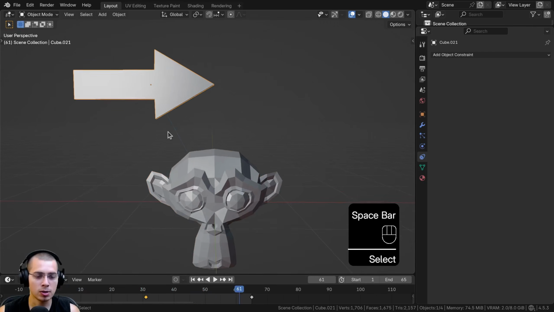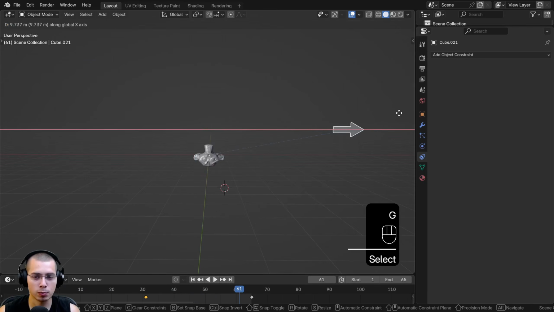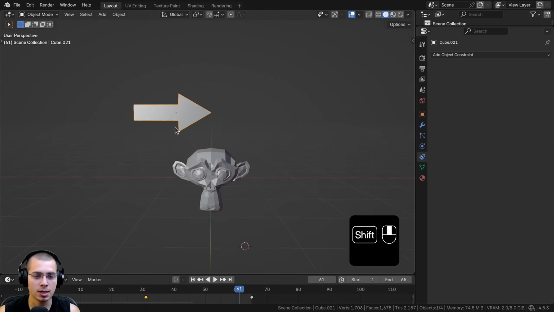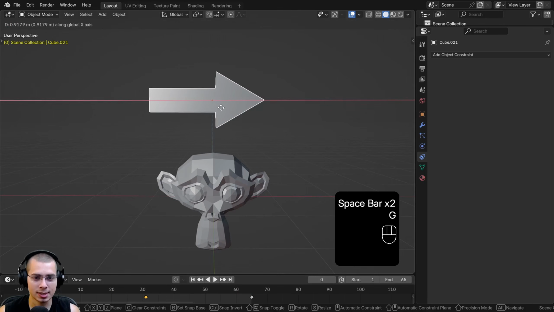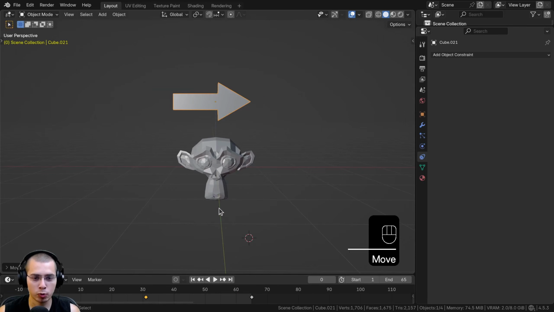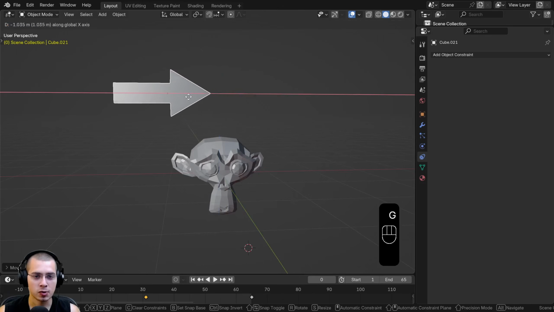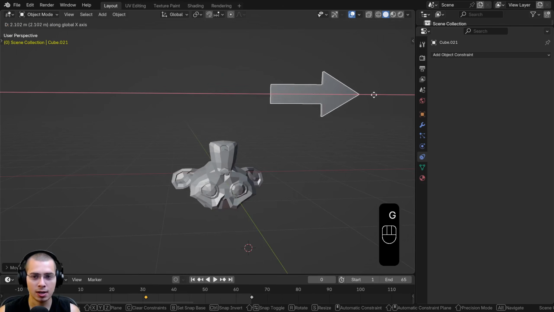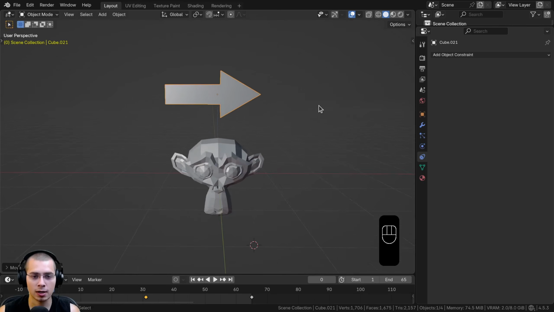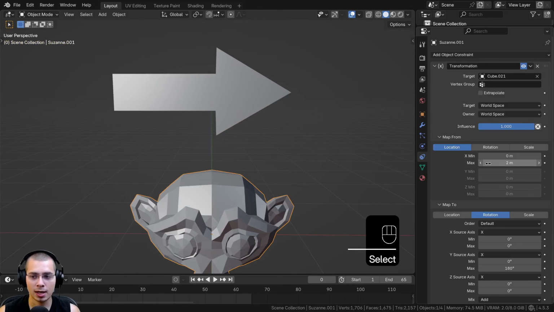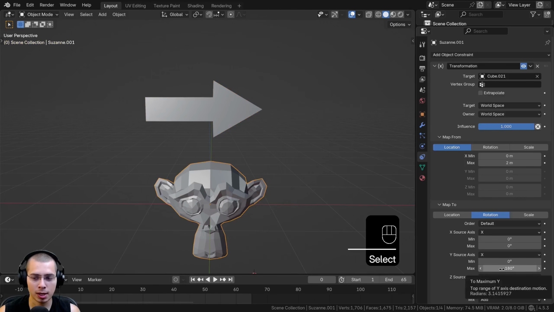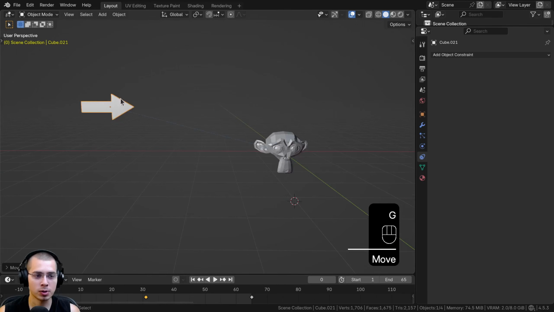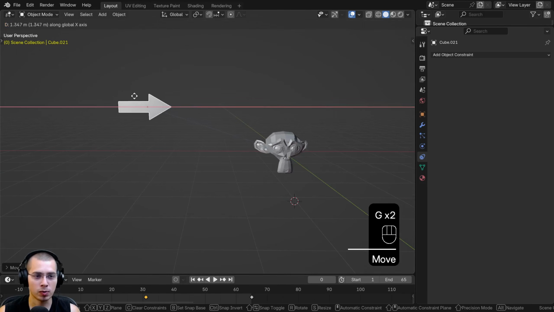Now something that you might notice here, and this could be a problem if the arrow is moved way over here to the other part of the 3D scene, is that the arrow doesn't actually start to affect it until the arrow moves into the center of the scene. Because you can see the origin point is right here in the very center of the scene, so the arrow isn't affecting the monkey over here, and the arrow isn't affecting the monkey head over here. And that is because if I click on the monkey head again, you can see it's only being moved over by 2. So when the arrow moves over by 2, then that's going to affect the monkey head by 180. But if the arrow was like way over here, now if I try to move it around, it wouldn't actually